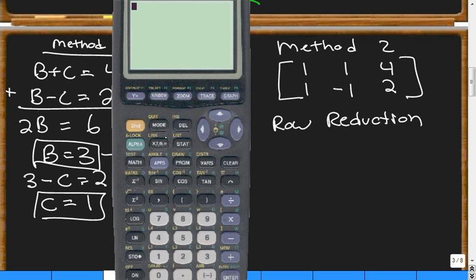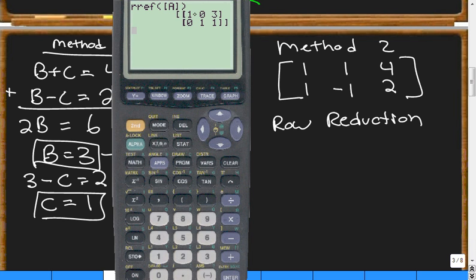And then you run a row reduction. So you go second matrix, over to math, and down towards the bottom you'll see an option that says ref. You run an ref on that matrix, and in the first column here,